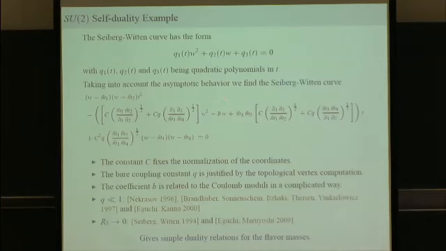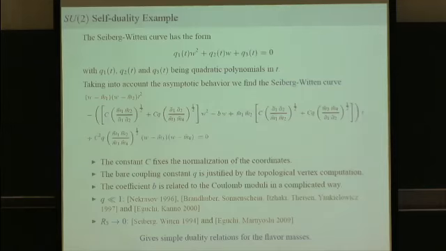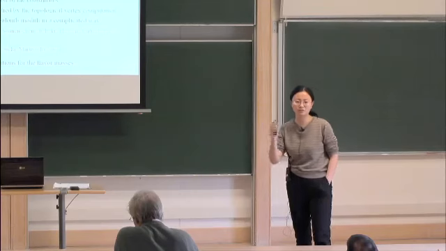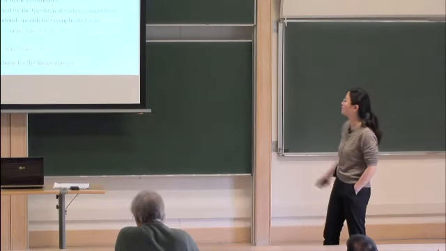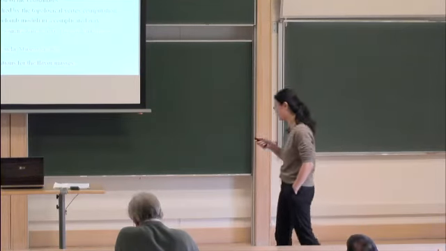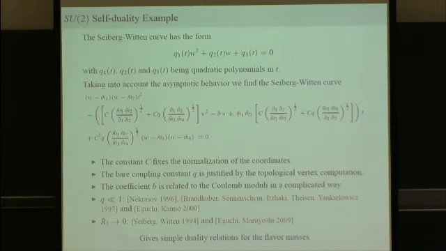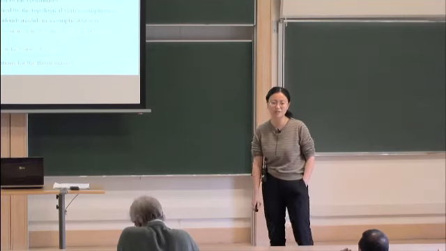So various limits of this curve have previously been given. In the weak coupling limit, it was given in these papers. And in the R5 goes to 0 limit, which is a 4-dimensional limit, you just keep the 0 modes and remove all the massive modes. It's of course given in the original Seiberg-Witten paper and also later on in some other papers. The fact that the masses appear very simply in this form, you can just go ahead and exchange T and W, and you get very nice duality relations for the flavor masses from the Seiberg-Witten curve.